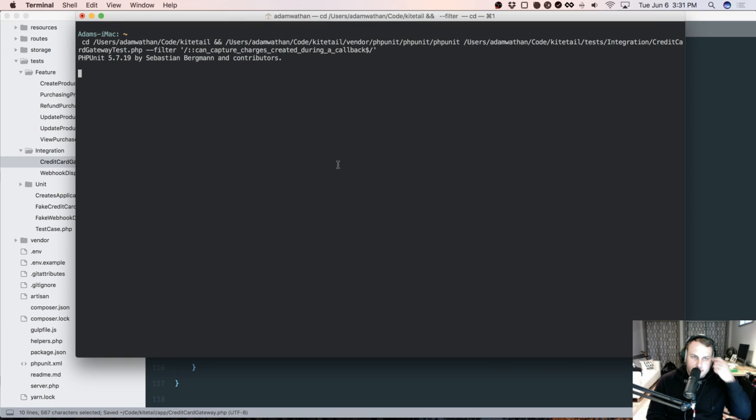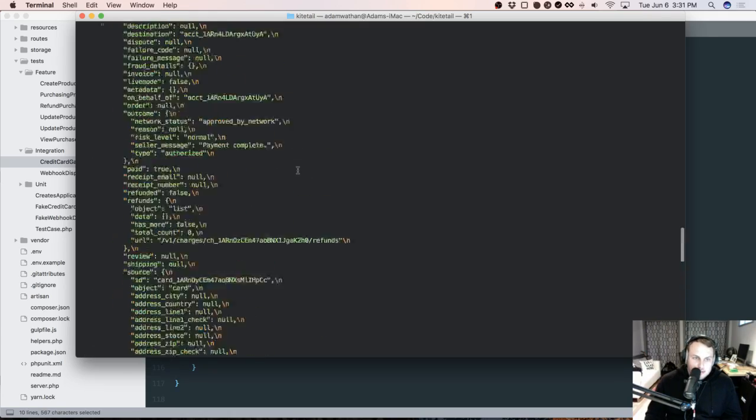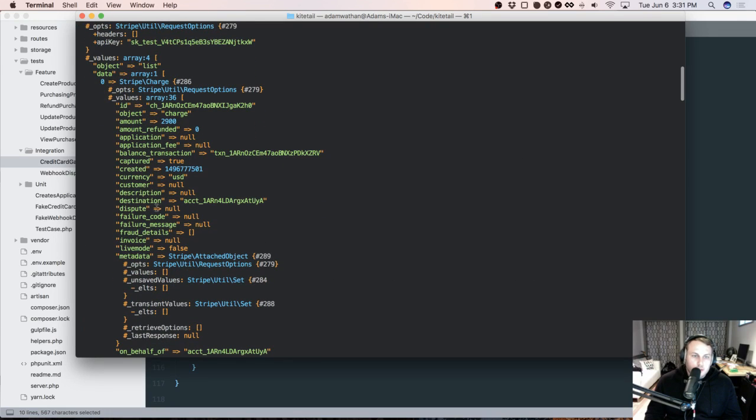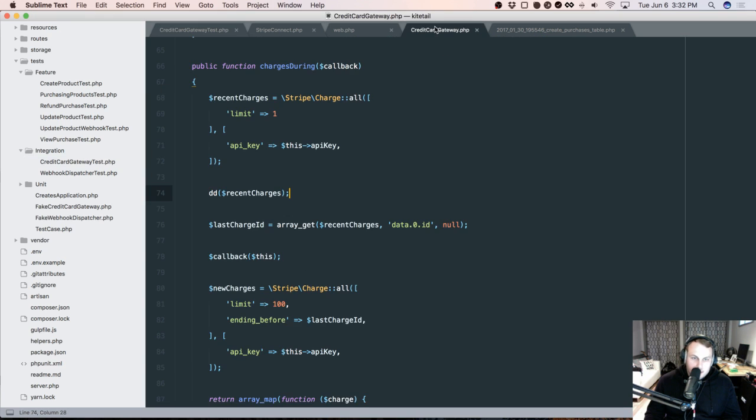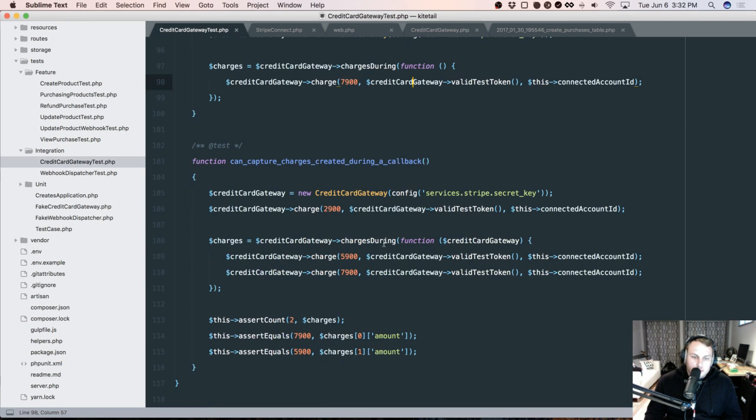Like how easily can we find out what the destination account was, or do I have to make another API call? Because that sounds not ideal. Okay, so it has a destination parameter. So I feel pretty confident that as long as we can verify the destination, we'll be okay. So do we return the destination? We do. Okay, so